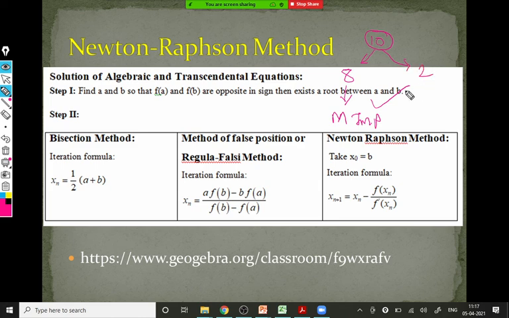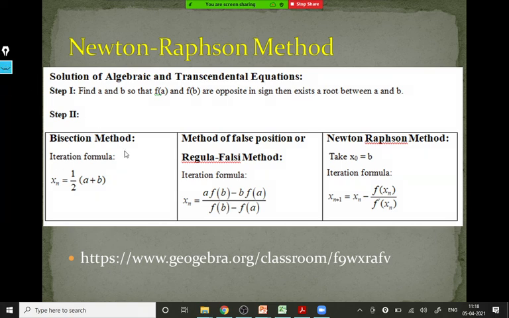So this is the probability of coming in the exam. 0.8 is a probability of Newton-Raphson, while 0.2 is a probability of these two methods together. So I would say 0.1 and 0.1 is a probability of the first two methods, that way, okay. While 0.8 is for Newton-Raphson. So let me show the Newton-Raphson method on GeoGebra first,